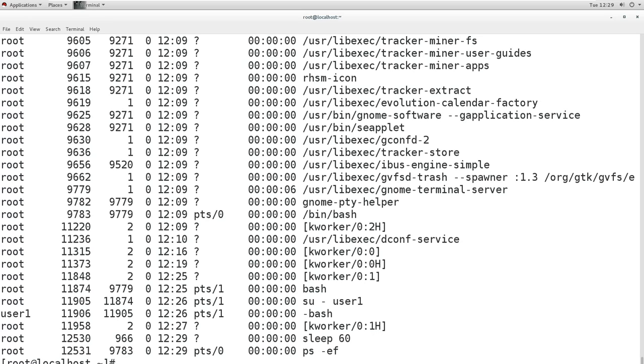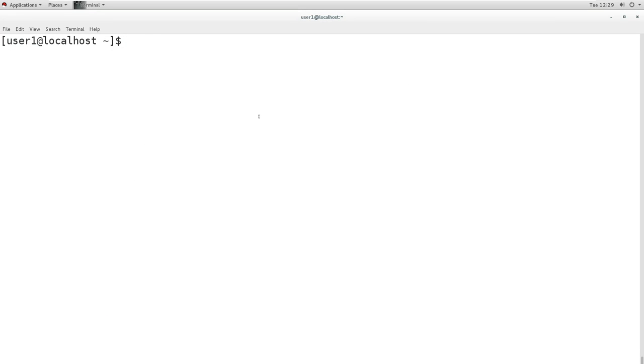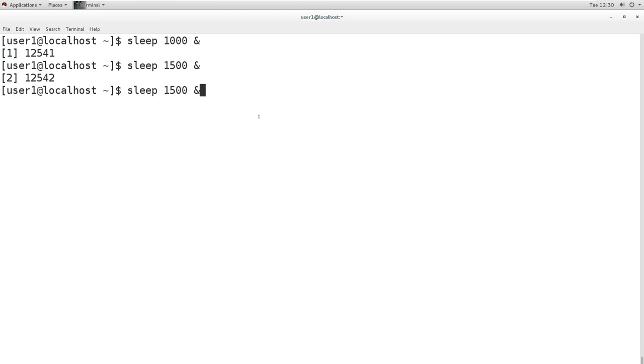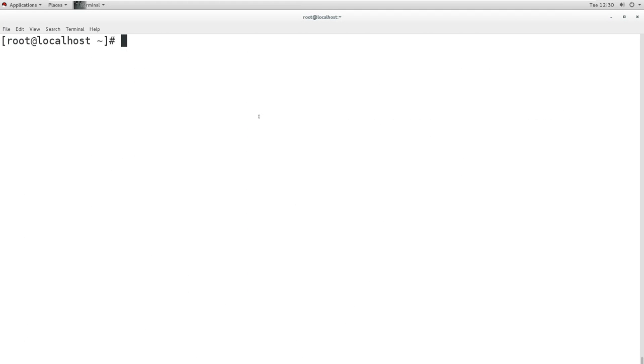If we want to see the processes running in real time, like we see in Windows Task Manager, where we see the processes running in real time, then in Linux we have a command called top. It shows those processes which are running, in real time, and we can see it like this.